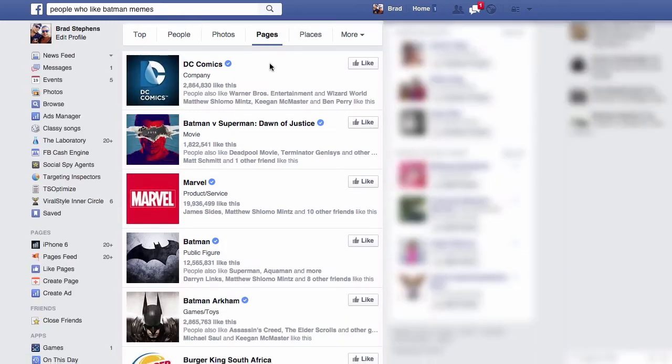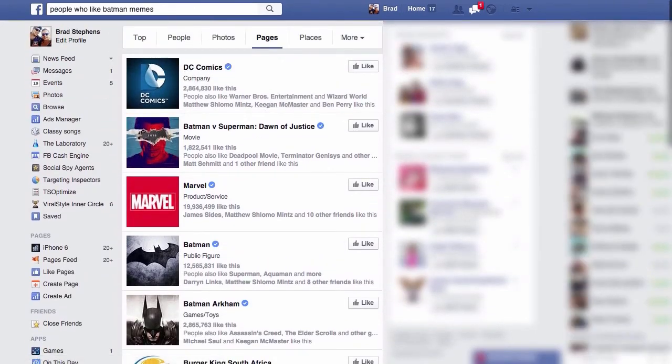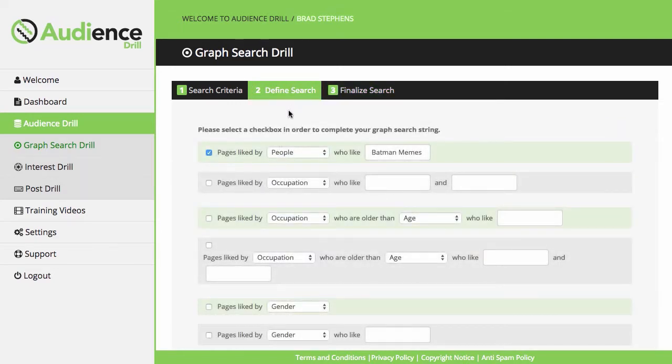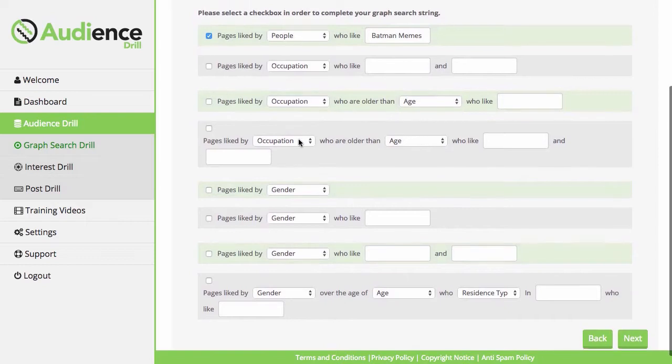Okay, and as you can see, it comes up with all Batman related stuff. And this graph search tool can be used for researching niches. It can be used for finding crossover niches. So for example, if you had an action sports brand and you were looking for different niches or interests to target, or perhaps some competitors, all you have to do is go to the define search stage and you can